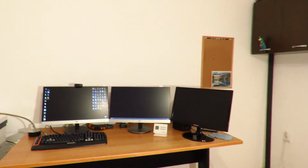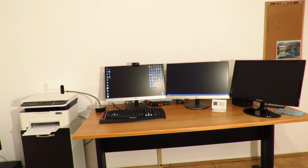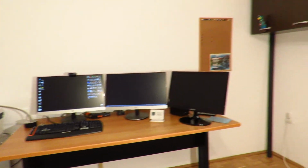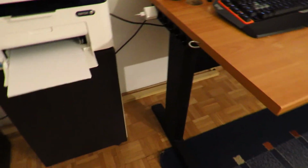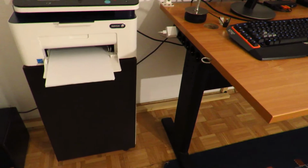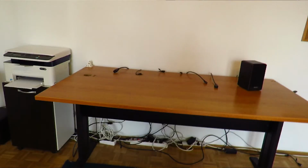I wasn't currently using the third screen anyway, because it takes up too much space, and I don't really need it all the time. But yeah, besides that, just take a look at this and compare it to how it was. I think I'll put some screenshots, some stills to show you the difference. No wires, no power extensions, nothing. Oh, and this one,